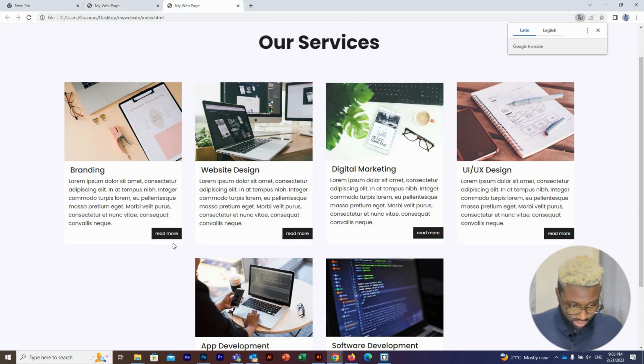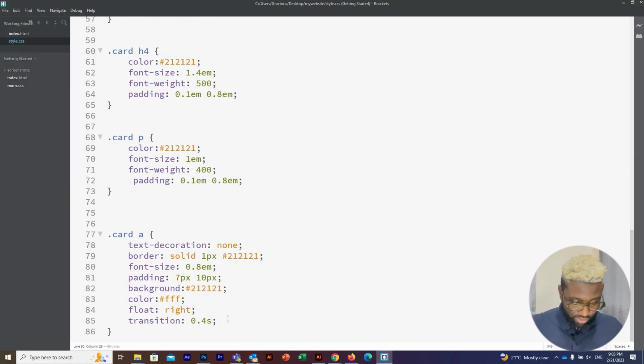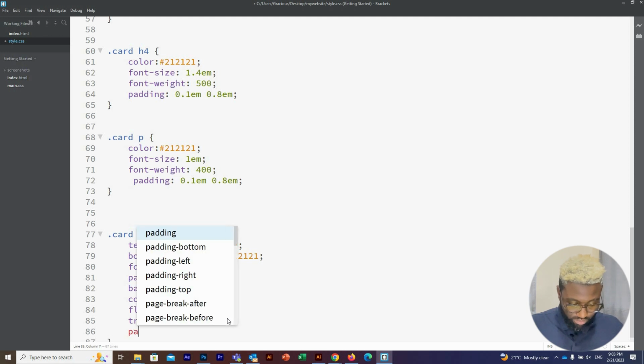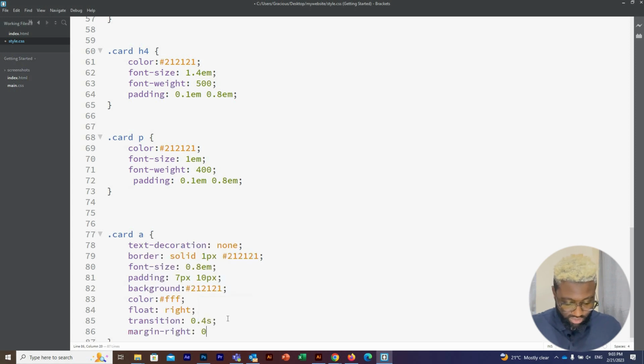Yeah, so this is also touching here, so I need to put some margin there. So margin right, I'll put 0.7 em. Okay,